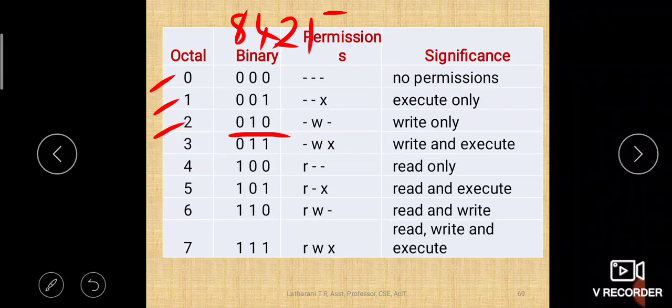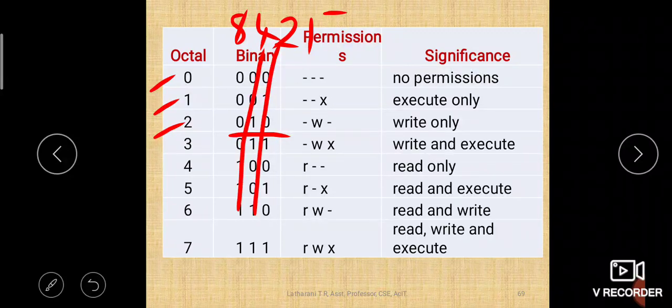Similarly, when you say 3, it is 1 plus 2. So it is combination of 1 plus 2, right? So similarly, if you write 4, in the place of 4, 1 is present. Okay. Similarly, 5, it is 4 plus 1. So it is 5. Okay. Similarly, 6 means 4 plus 2.